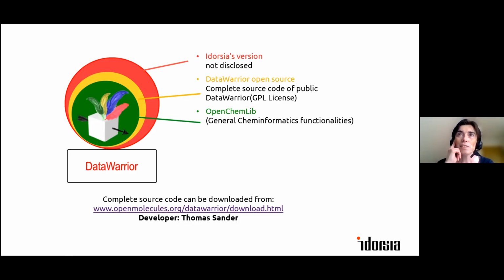So DataWarrior is now an open source software, and it's based on the OpenChemLib library. So those two projects, DataWarrior open source and the OpenChemLib, are published. You can find the source code on GitHub, and if you want to contribute, you are always more than welcome, of course. And then on top of that, there is my company version, so DataWarrior's version, which is not exactly the same,